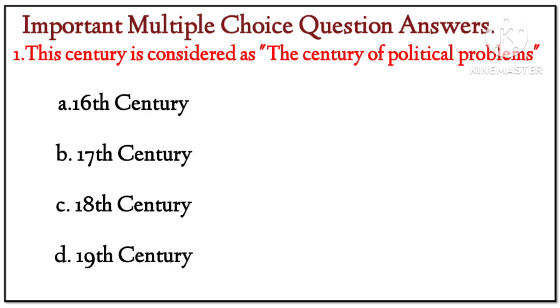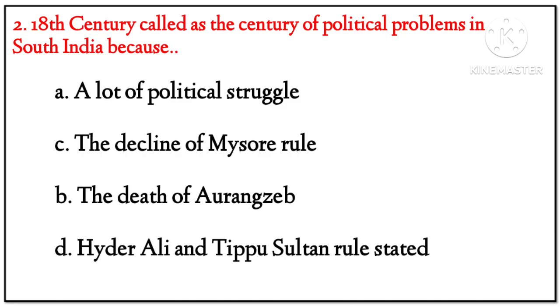Our first question. This century is considered as the century of political problems. Options: 16th century, 17th century, 18th century and 19th century. Our right option is here, the final one, D, 19th century. Second one, 18th century, called as the century of political problems in South India because our options are a lot